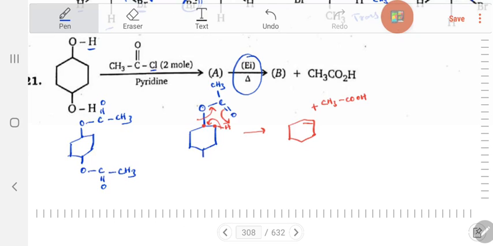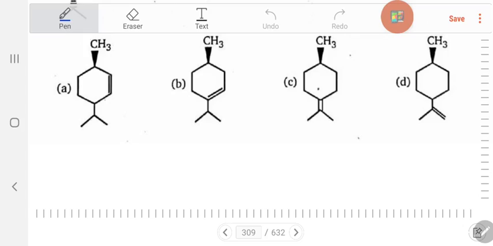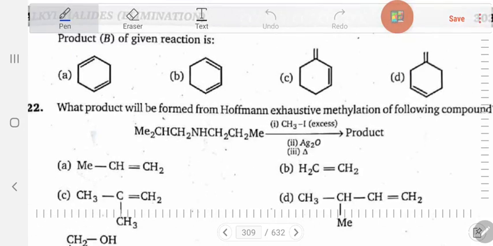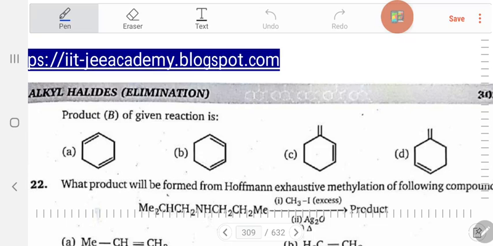So if I consider here O, C double bond O, CH3, the same thing will be happened here. Instead of this beta carbon, this is preferred because both the double bonds will be in conjugation. So you will get a double bond here and also a double bond here. Right? So the correct answer is diene, cyclohexadiene. So let me check the answer. So the correct answer is answer B. This is the correct answer.